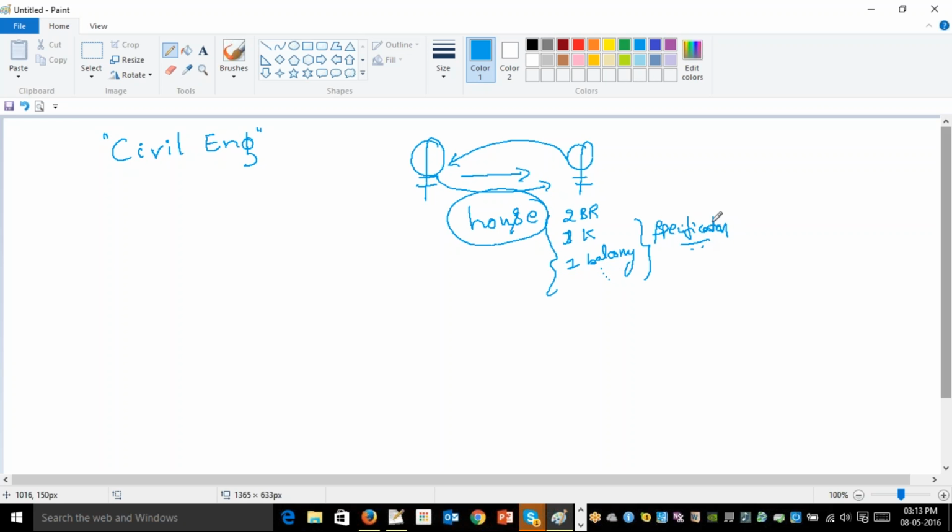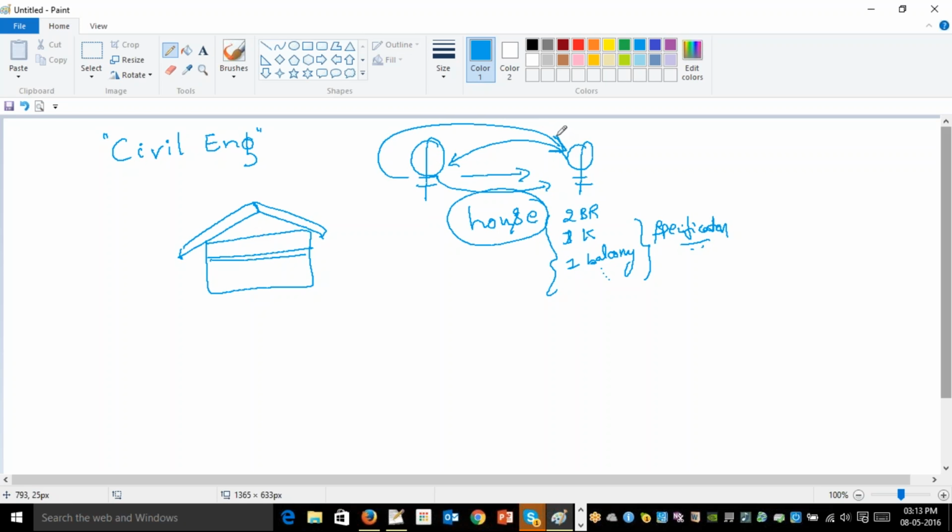He gives all his specifications and you develop a simple, nice house based on the specification given by this person. Clear? Now, imagine you have not planned properly to design this house, or considering this requirement you have designed the house and constructed the house. Very good, no doubt about it. Now in future, after 1 year, let's say this person